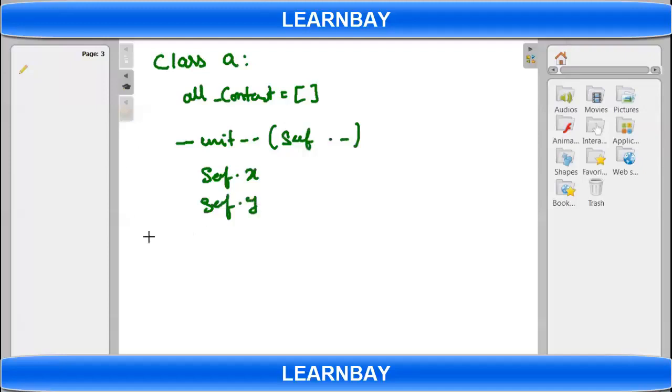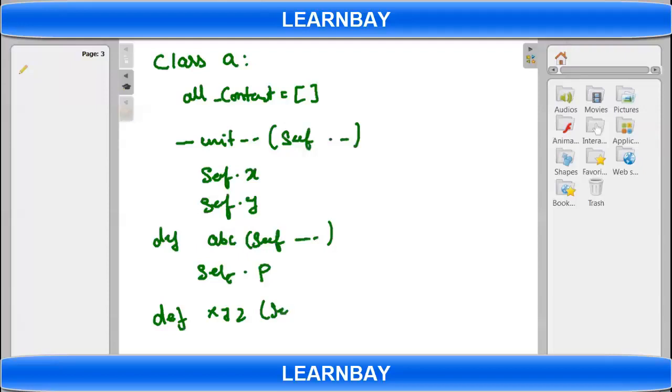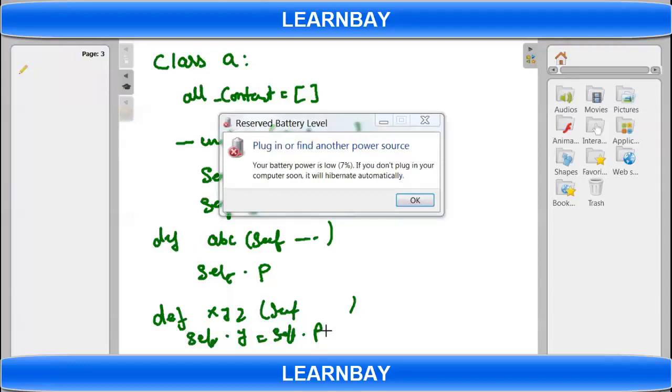Then I have one more function, let's say def ABC, again with self here, and here I write self.p. I have one more function, def XYZ, again with self here, where I want self.y equal to self.p.